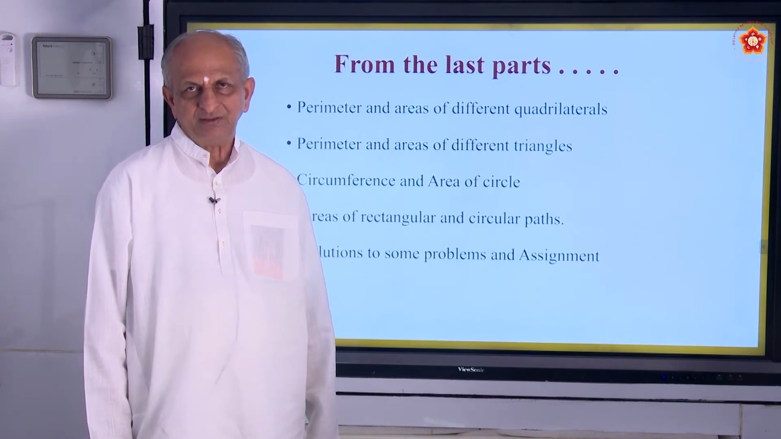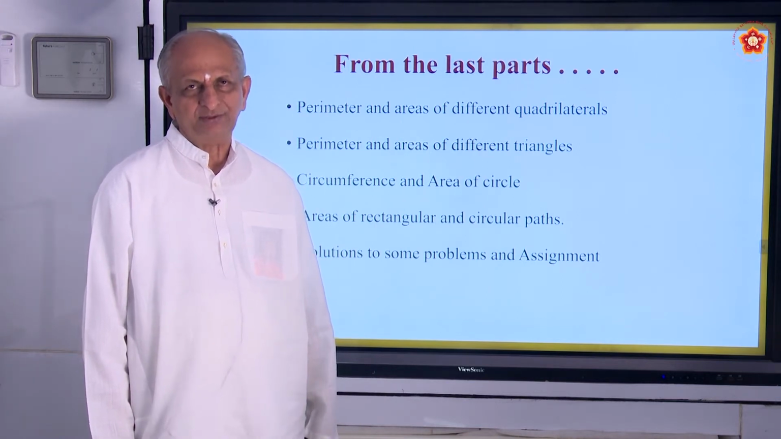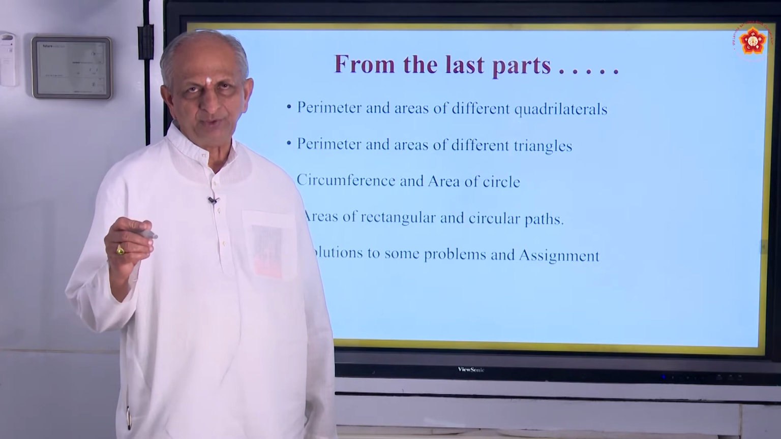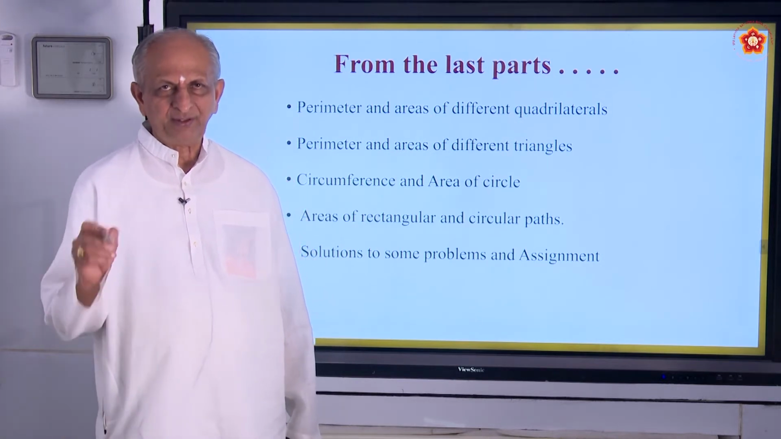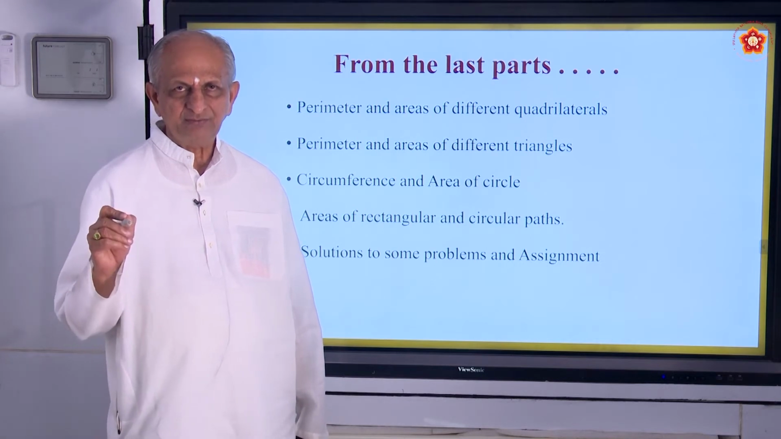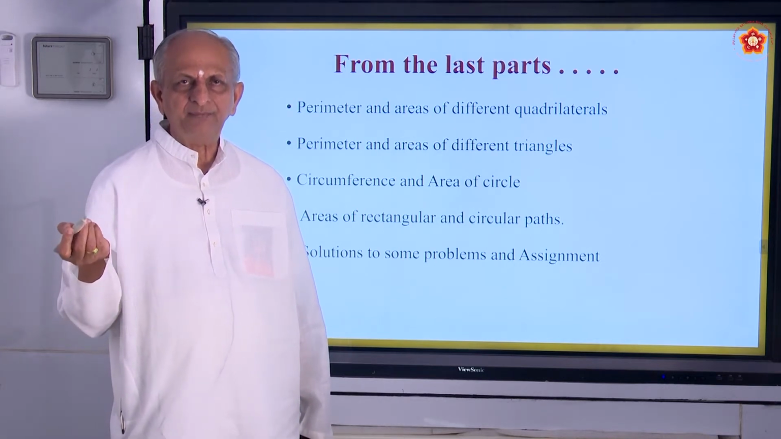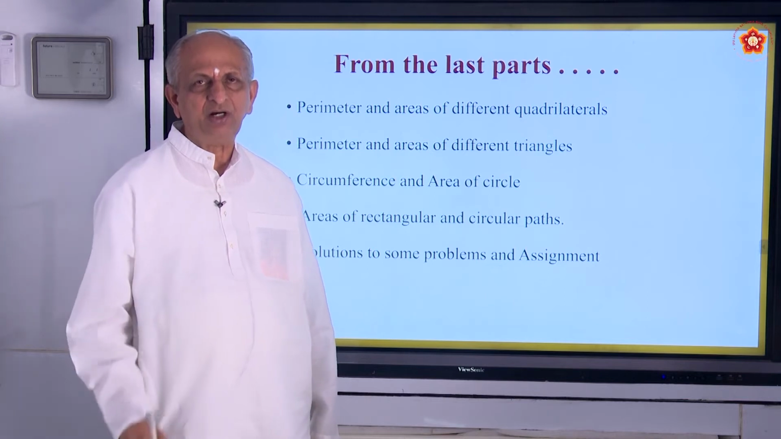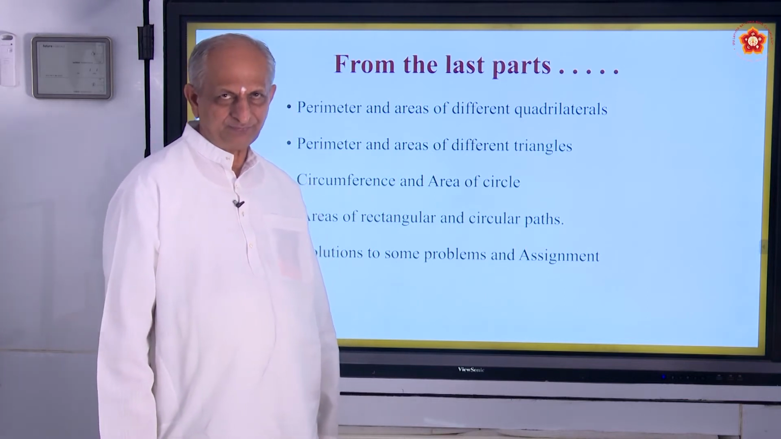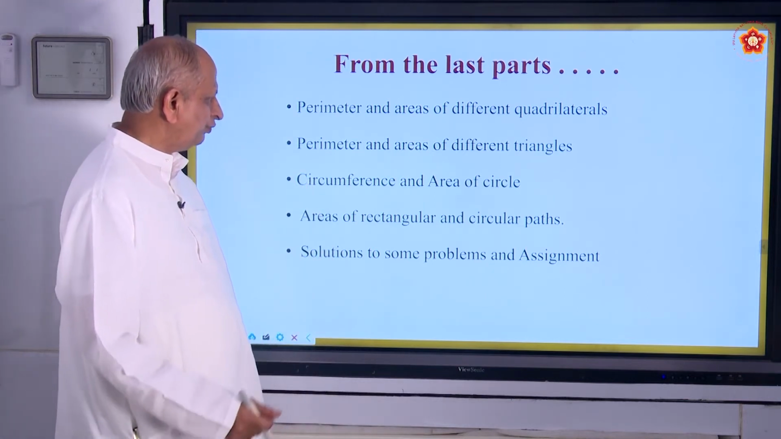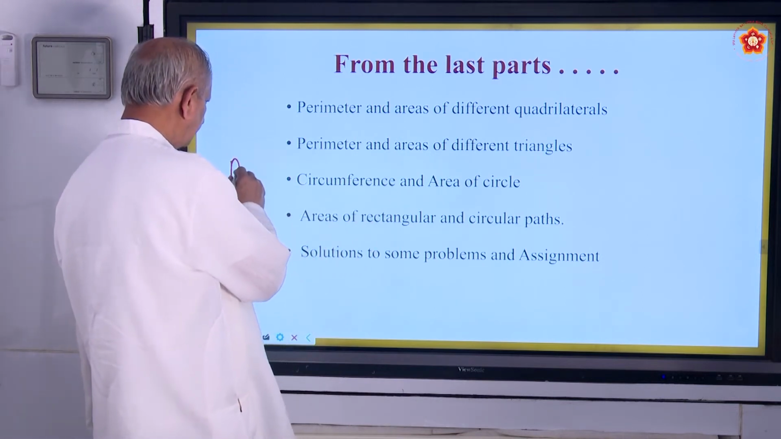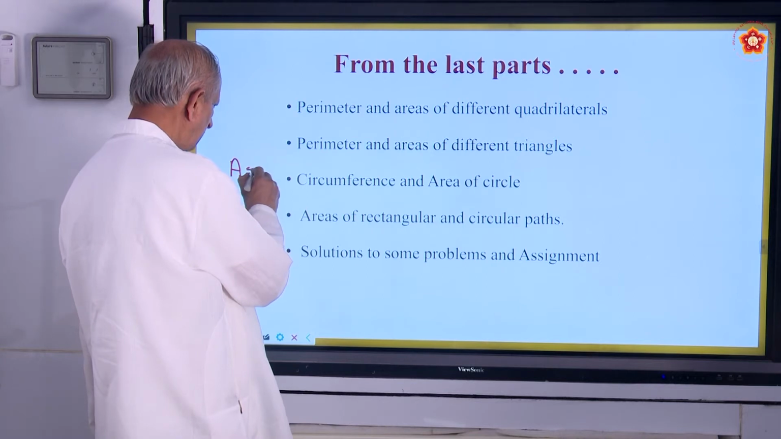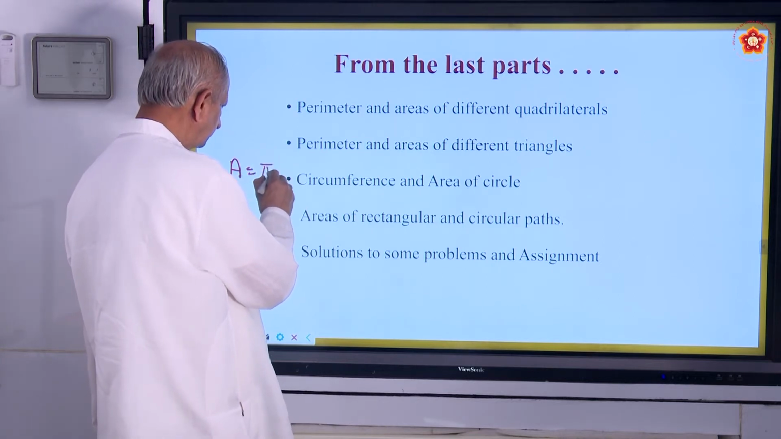What is a circle? It is the locus of a moving point. The point which moves at a fixed distance from a fixed point. The fixed point is called center, and the fixed distance is called radius. With that in view, we have seen area of a circle. A is equal to pi r square,